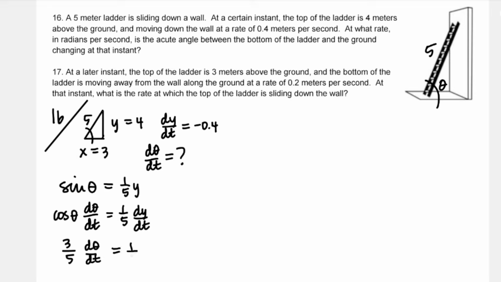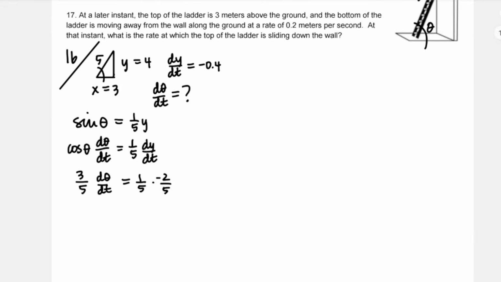That's going to equal 1/5 of dy dt, and dy dt is negative 0.4, but that's negative 2/5, and that might be helpful, or maybe not. I don't even know. Man, this is the type of place where you could be making errors. I'm going to just